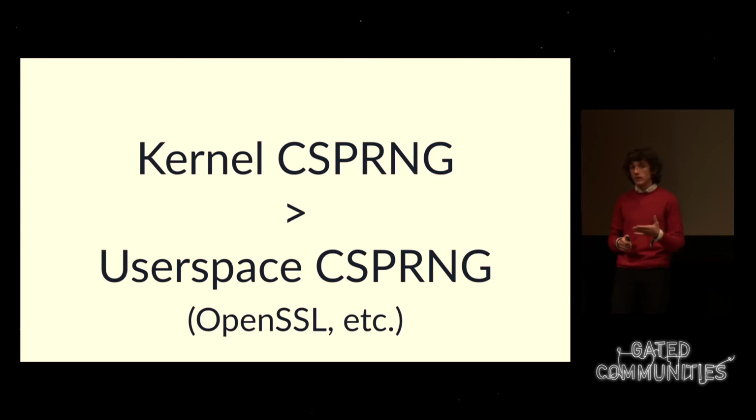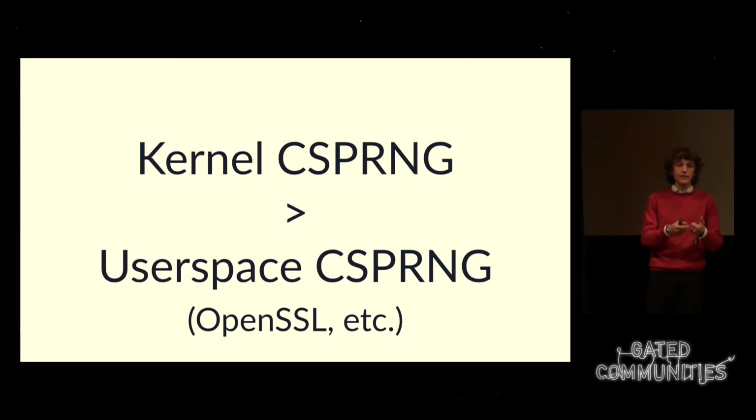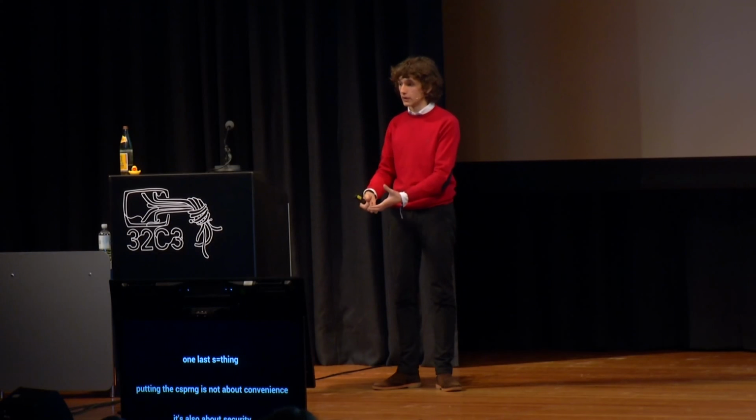One last thing. Putting the CSPRNG in the kernel is not only about convenience. It's also about security. Because, first of all, the kernel is the entity that can observe the unpredictable events. If you take a CSPRNG, which is just code, so you can implement your own, and you implement it in your library or in your application, now you have the problem of how do you take the unpredictable events from the kernel and take them to the application. This is something that you can